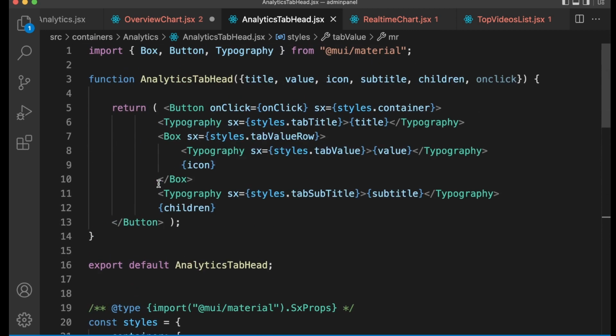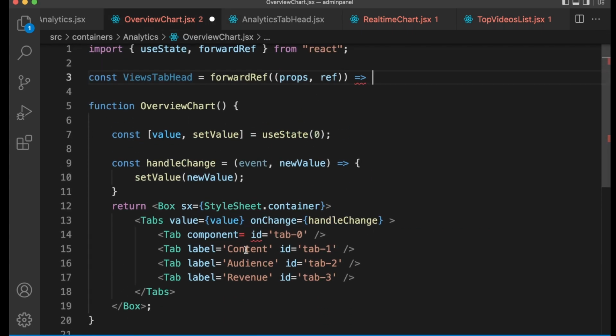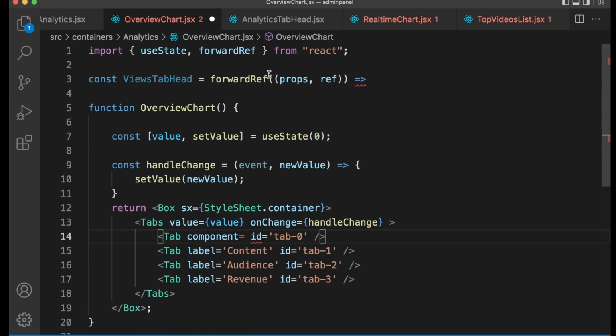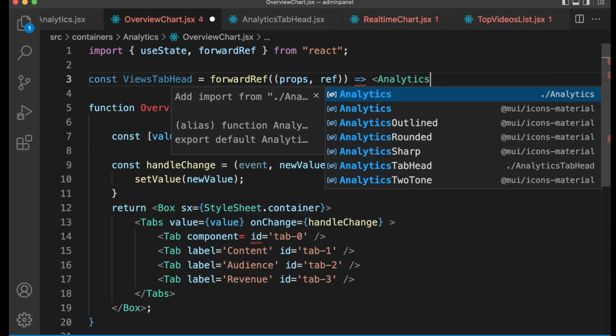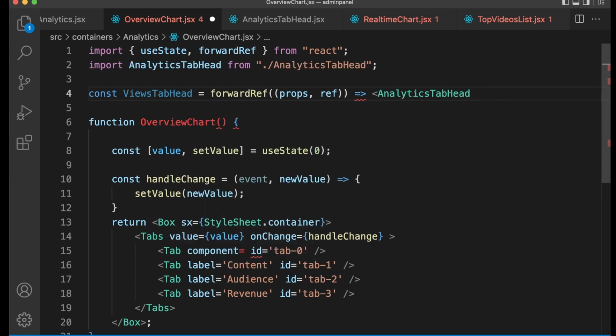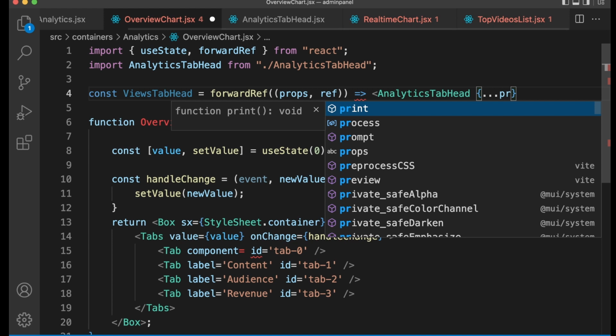Okay, cool, my component is ready, but only one thing is left. I'm gonna explain to you later what it is. Let's first go ahead. Here we said we use forward ref to create a component, and we are going to use this component that we made. Okay, let's do this. Analytics, tab, head. Yeah, we're gonna send all the props to it,